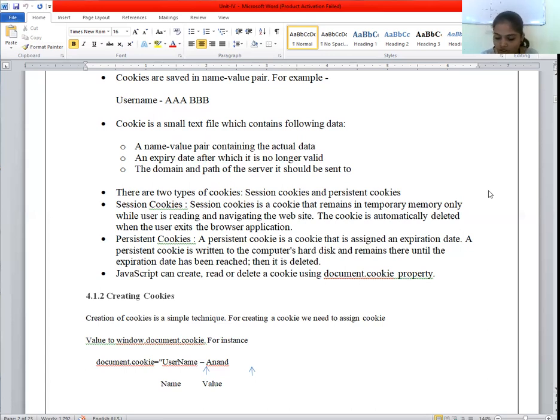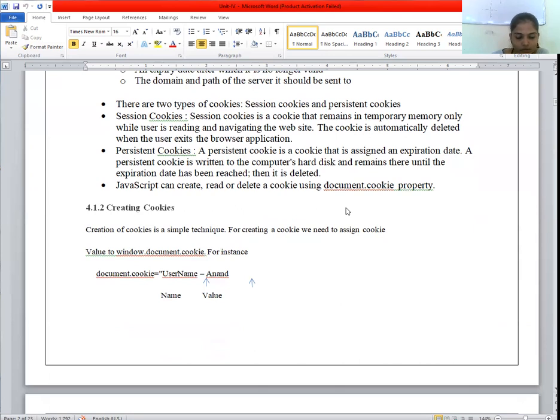Third one is secure. Secure: the field contains the word secure when the cookie may only be retrieved within a secure server. If this field is blank, no such restriction exists. Last one is the name-value. Cookies are set and retrieved in the form of key-value pairs.